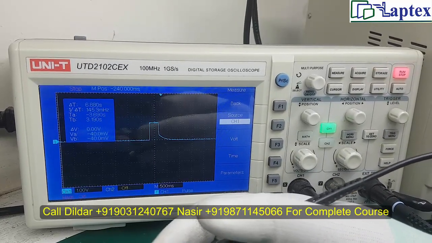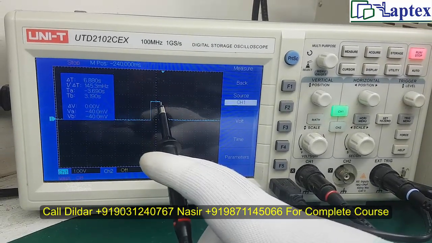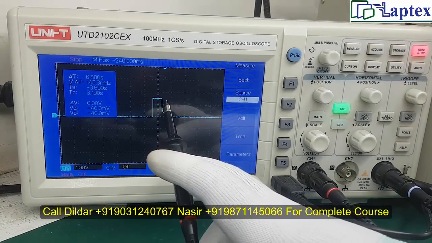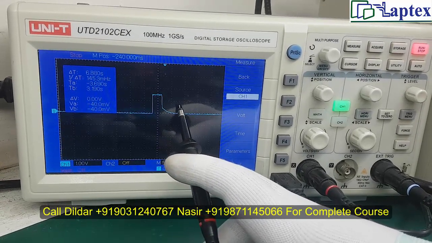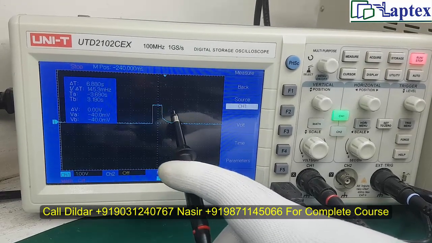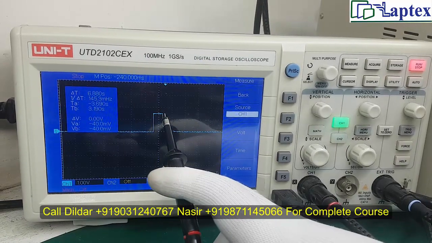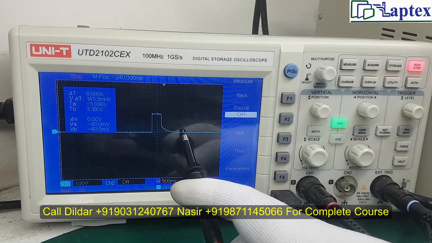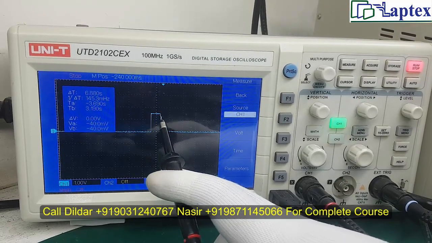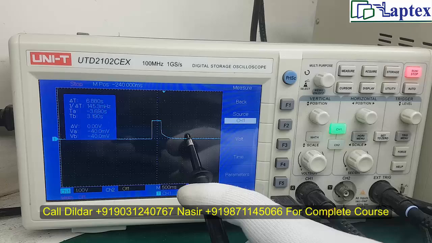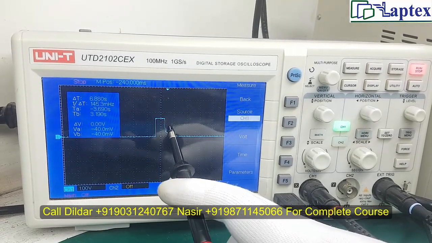I want you to explore the laptop repairing field. If the problem is in the RAM IC, then you will get the exponential fall down from this point. If it drops down this way, we can say that either some capacitor is leaky, or due to some output shorting it is falling down. It will not fall down this way. Understand? This is called the exponential fall down, and this is called the sudden fall down due to some auxiliary reason.